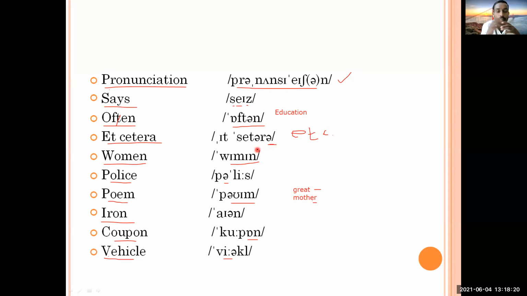Right now, we are checking isolated individual words, and afterwards, you are going to use sentences, paragraphs, and a bunch of words. So how are you going to check the pronunciation of all those? From right now, you can just check the pronunciation. I will suggest always check the pronunciation in dictionaries and then try to pronounce the words exactly the same way. So what other people say, you don't care. If they are calling police, let them call, but you should pronounce it police. You should call it women. You should call it iron. You should call it vehicle.